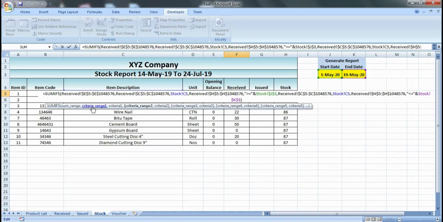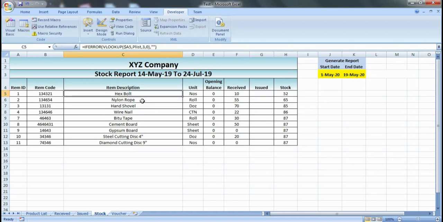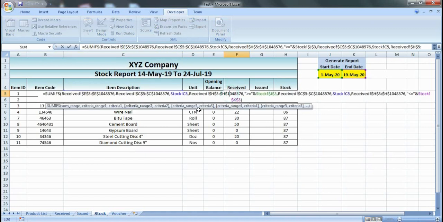Our criteria range was the product column, which is the C column in the receive sheet. So that is why we selected the C column. Then the third argument is asking for criteria 1. So we select criteria 1, which is the product name in our stock sheet. So this argument is finished here.